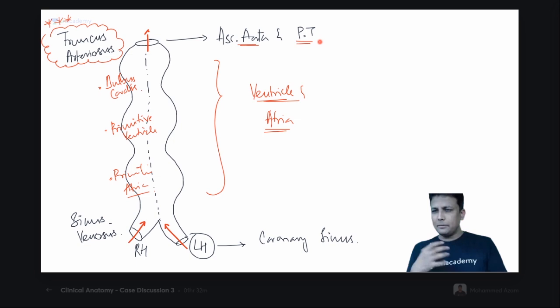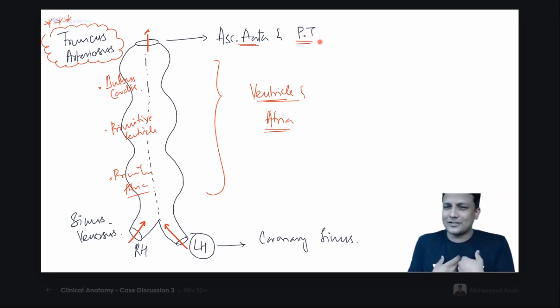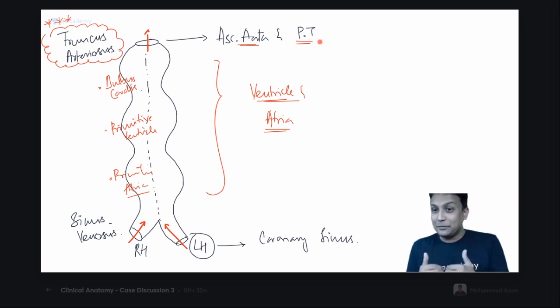Now, as a simple medical student, like a first year MBBS student right now, I'm confused here. Arre yaar, Azam sir is confusing us. एक बारी सर ने कहा था कि वो फ्यूज होता है. One time sir told that it will be fused, and on the other side, sir is telling that it is going to form 2 blood vessels. How is it possible? Yes, remember, in the middle of this truncus arteriosus, ये doubt आपको आना चाहिए ना. You have to actually get this doubt, है ना.